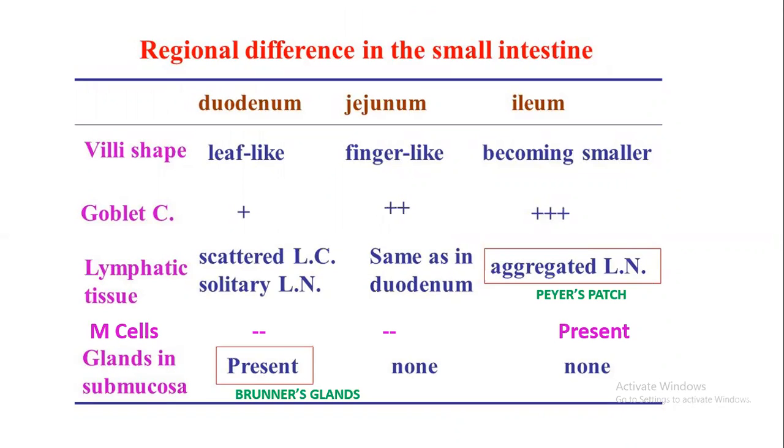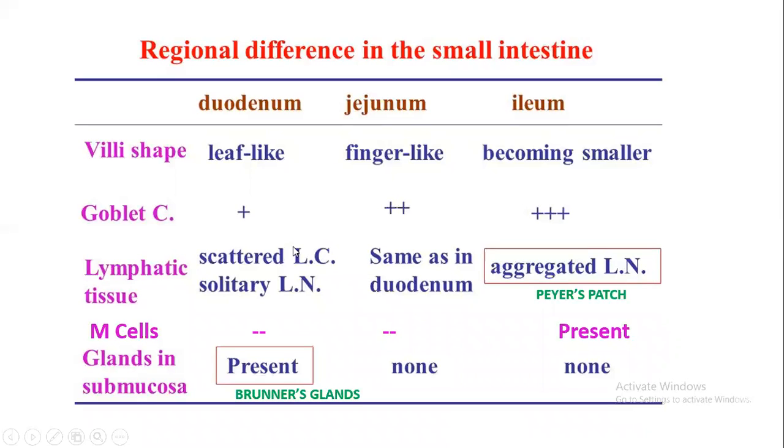So these are the histological differences in the small intestine: duodenum, jejunum, ileum. You must tabulate this. It is a commonly asked question. First of all, you have to differentiate the villi: leaf-like in the duodenum, finger-like in the jejunum, and club-like in the ileum. Goblet cells are going to increase. As I told you, as the food is moving downwards, water is being absorbed, it is getting hard, stool is being formed. So hard matter can injure the epithelial lining, the mucosal lining. So you need lubrication for this. So as you go down, the number of goblet cells increases, and it increases further when you move into the large intestine.